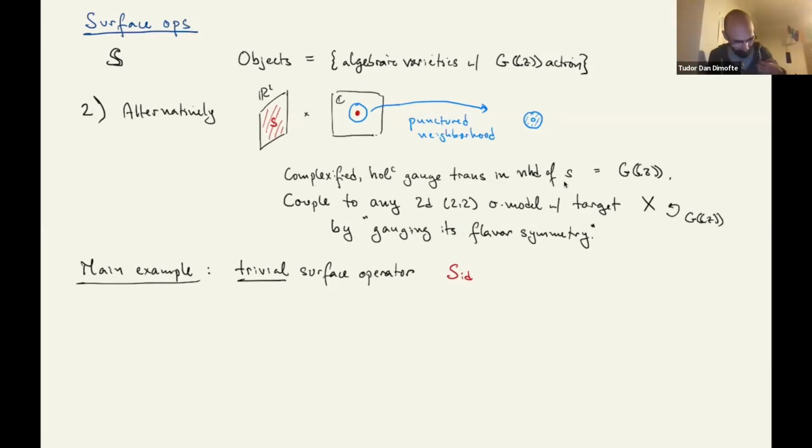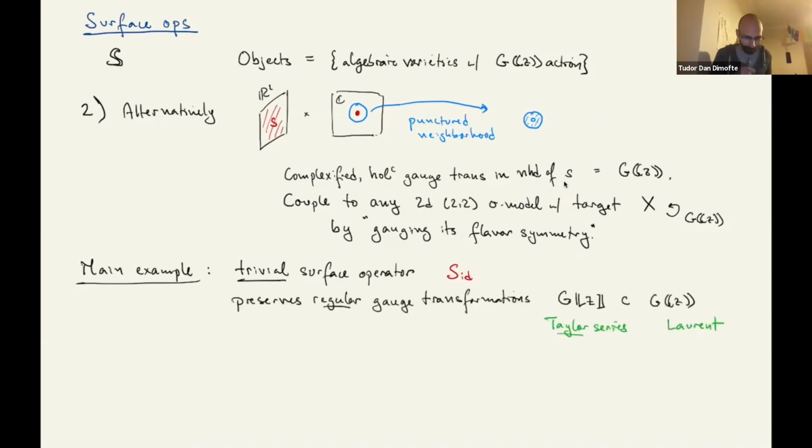Right. So the most trivial example is the trivial surface operator, where nothing is actually inserted. The trivial surface operator has a non-trivial description in this setting. What one notices physically is that, in fact, there's no puncture in this little disk. And so in some sense, the Laurent series gauge transformations get broken to Taylor series gauge transformations if you fill in the puncture. And the way to implement that breaking via coupling to a sigma model is to couple to the coset space,